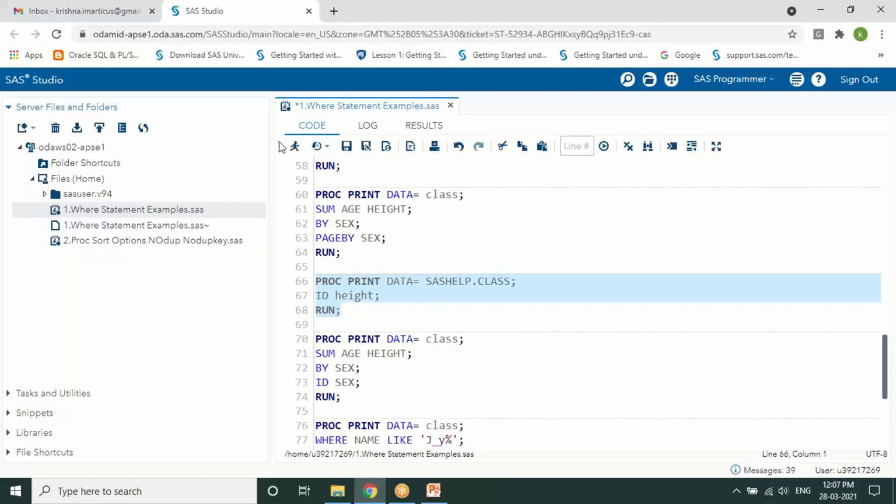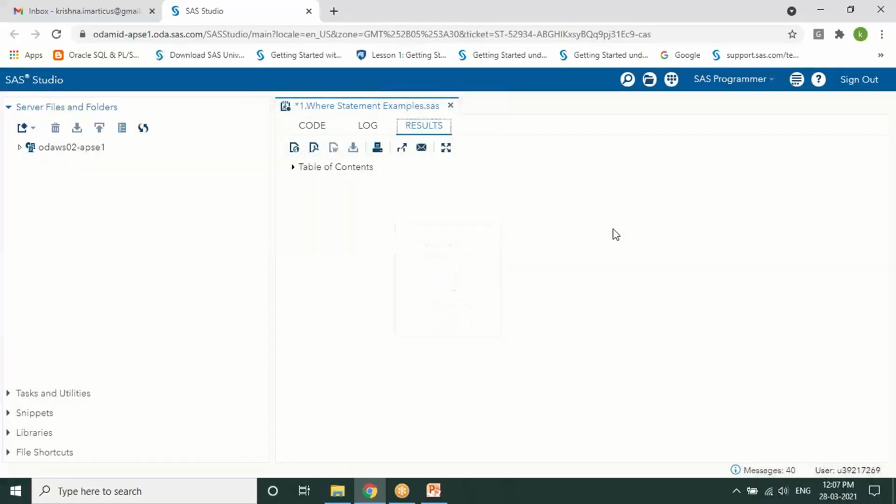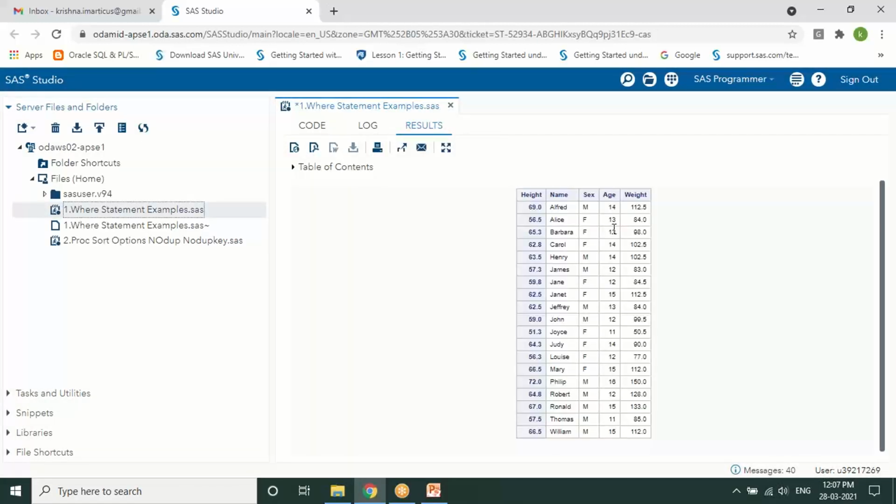So when you execute it, the height variable will come to the leftmost side, suppressing the observation column. So this will be printed at the left side, creating it as an observation column, and suppresses the OBS. For that reason, we use an ID statement. Otherwise, by default, the observation column is as per the data set.